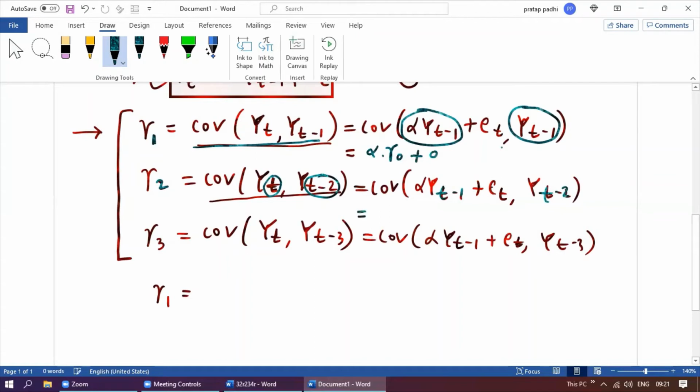Similarly, if you write here, you see the difference between t minus 1 t minus 2, positive or negative, we will write 1 only. So that will be alpha gamma 1 plus the second one will be 0. et yt minus 2, that is 0. If you write here t minus 1 t minus 3, difference is 2, alpha gamma 2 plus